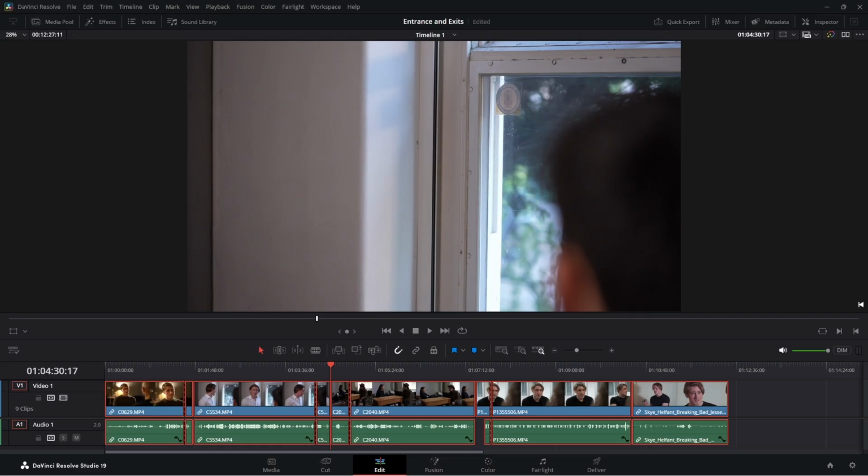So hopefully you've seen here that when there's an exit for your character, this could either be in a self-tape or in a scene, or anytime you're doing anything, you need an entrance and an exit because it gives so much for the character. This is going to allow the editor to cut into the next scene. It's going to keep those gears turning so we can see the character after he's finished his lines.